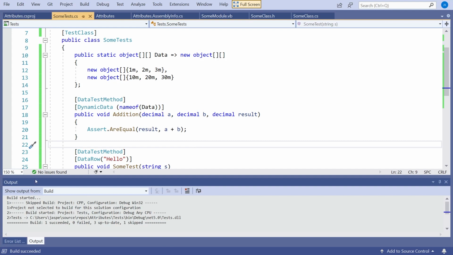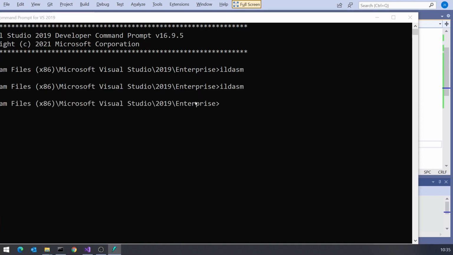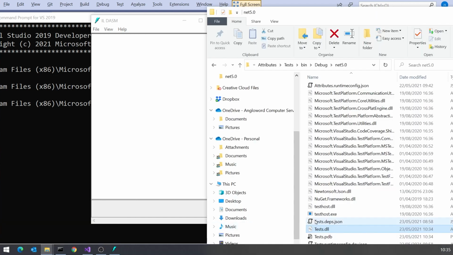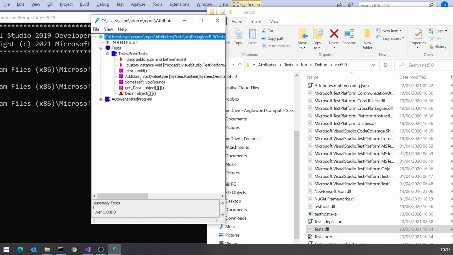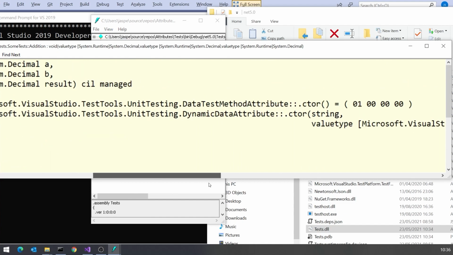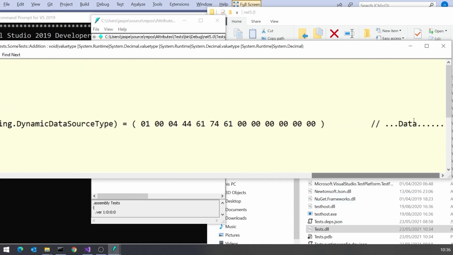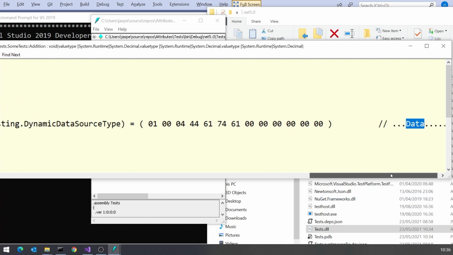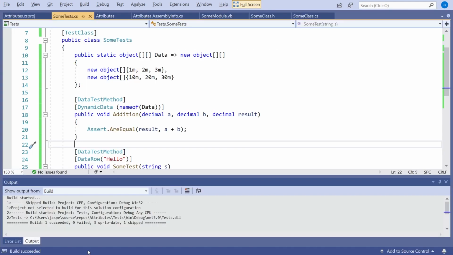So if we rebuild that and then go back to our ILDASM and pop it in there once again, we can now see, if we look at that addition, that the only thing contained in the metadata is just that piece of text data. We are allowed strings, remember, and so it's not a problem. We've got the decimals in there, but they haven't been embedded in the metadata. So that was just a specific example, but I thought it was worth mentioning because you need to be aware when you're writing attributes that you're only allowed this limited set of types in there, and it does hit a problem when we're dealing with unit testing, but there's a relatively easy way around it.